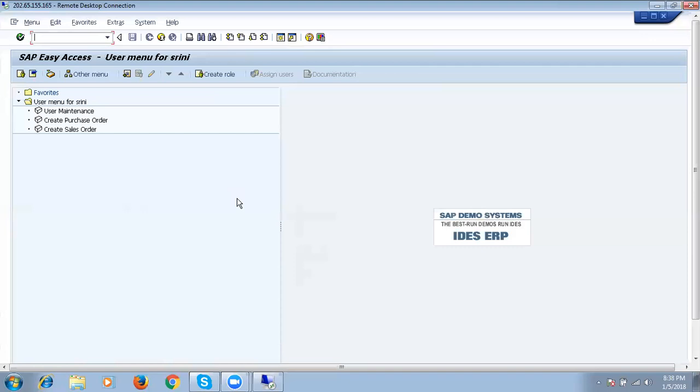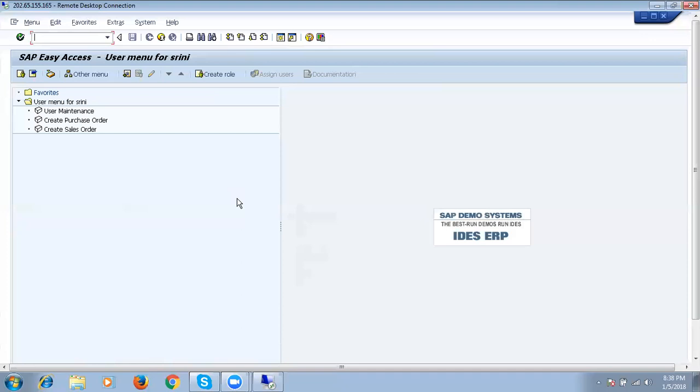Now let's see how we can take a user trace. To configure a user trace, first we have to check through which application server the user logs into the system.